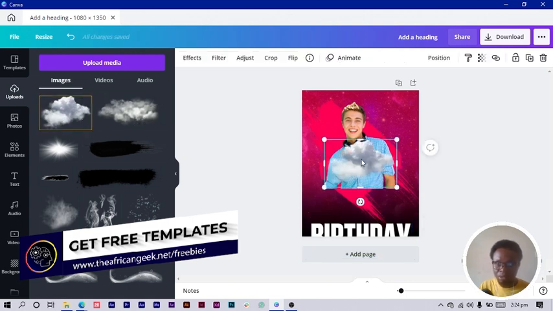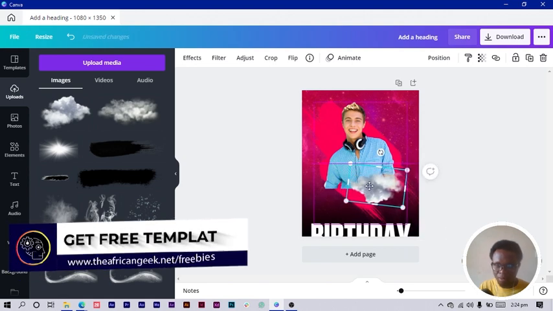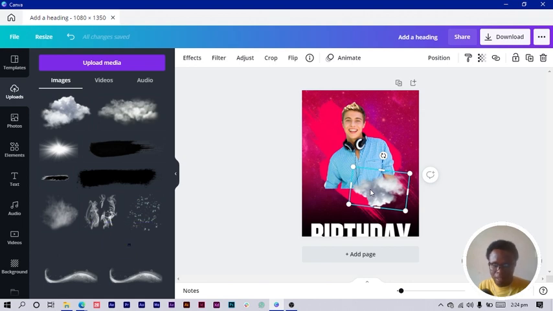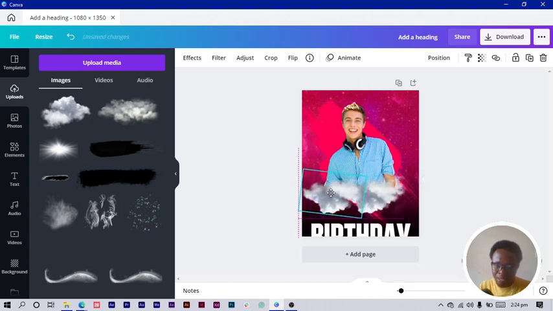clouds. So consider the first cloud I have. I position it here. I can even rotate it depending on how I want things to look. So position here, make it smaller. Then I can send this one backward and duplicate it again, bring it to the front, have it here, maybe increase the size to randomize it, and I can copy again, bring it here. So you can see what we are trying to do, making it feel like the guy is using the clouds,